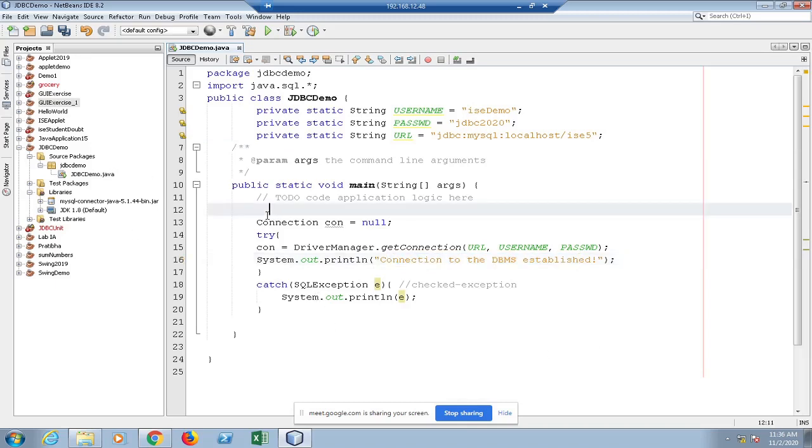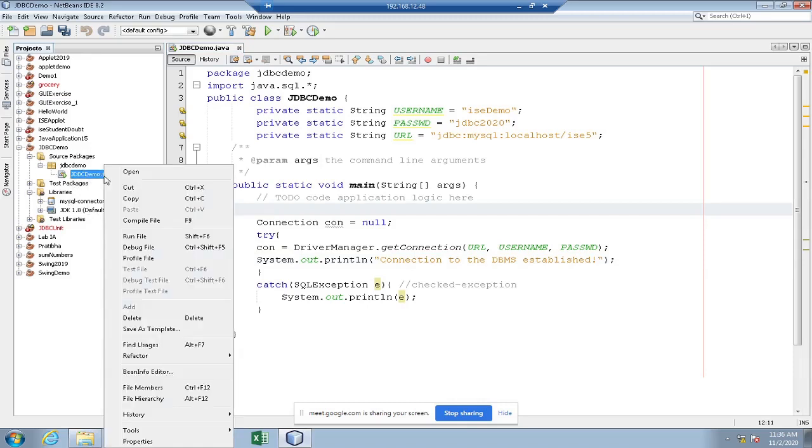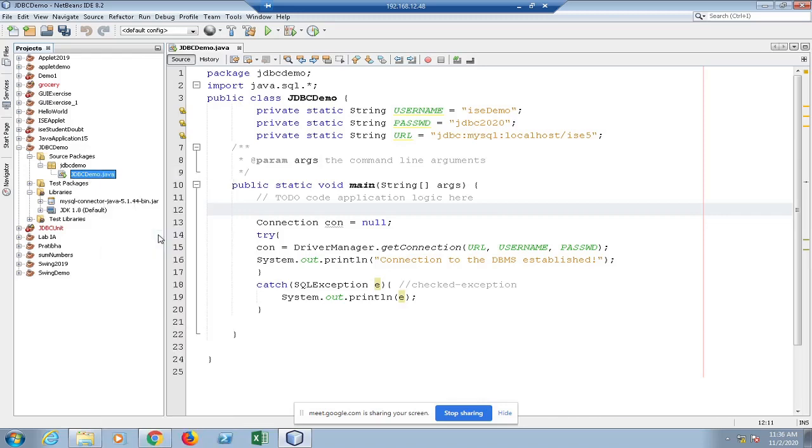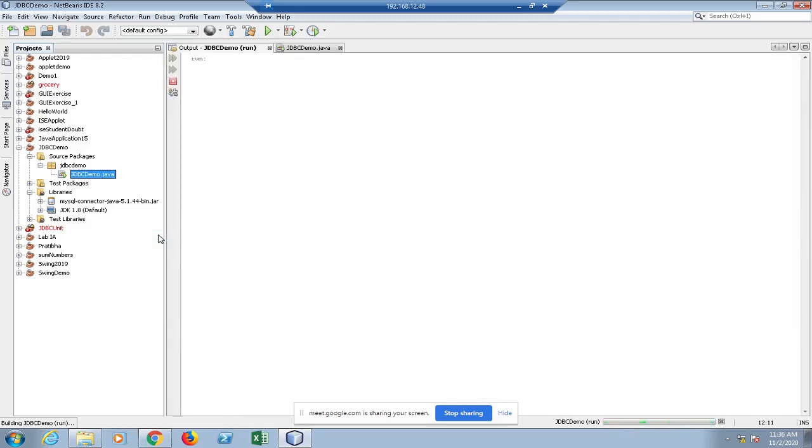So once your code is ready and there are no compilation errors, you have to right click on that. Under this project folder, this is your file. Right click and click on run file. I have one exception.